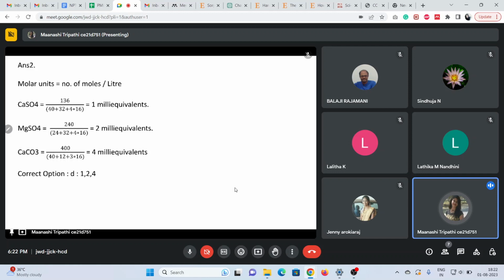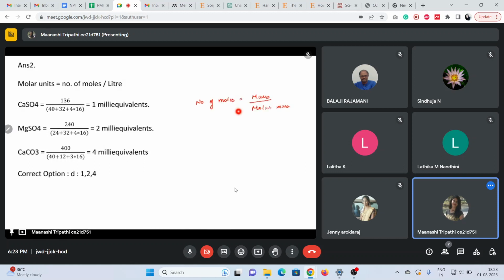It is well recommended that you read mole concept very properly before coming to class, because most of the things will be related to mole concept only, like the difference between molarity, molality, equivalent mass, normality, where molarity should be used, where normality should be used. So this is a prerequisite. Please go through some basic books so that you can learn all these things.